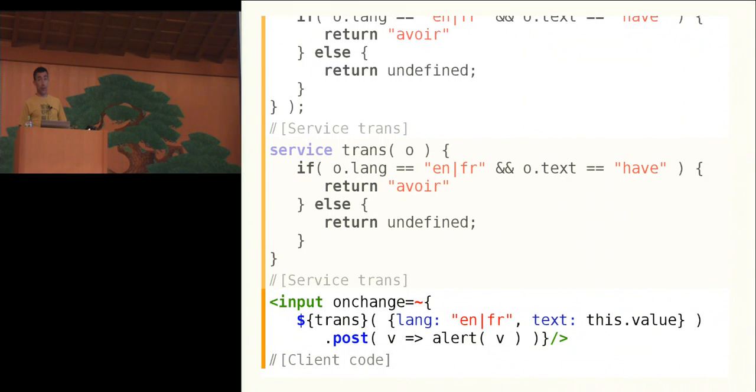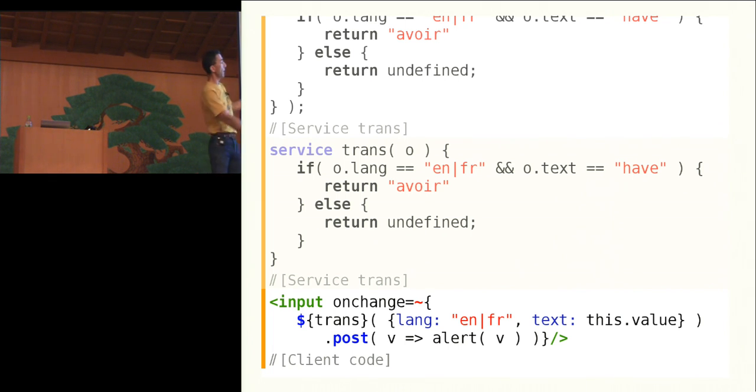How do you use such a thing? In this example, I use it from a client side. You just call these things. So I have just an input box, something where you type in characters. When you hit the return key, you just call this function. This is just calling this service with the parameters English to French and the text that you find in the